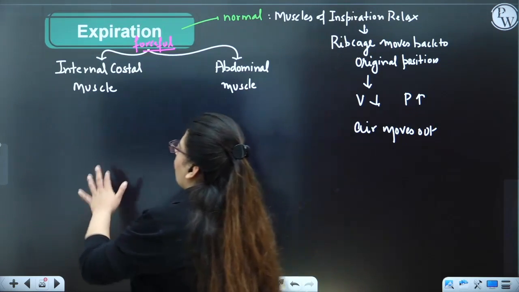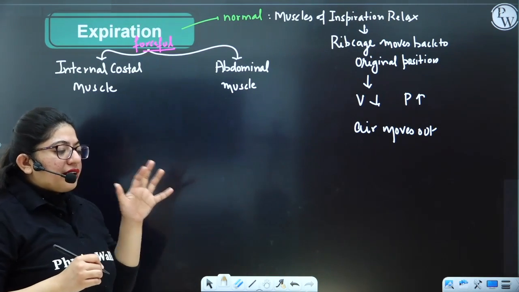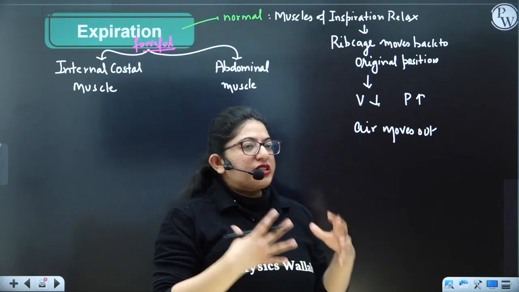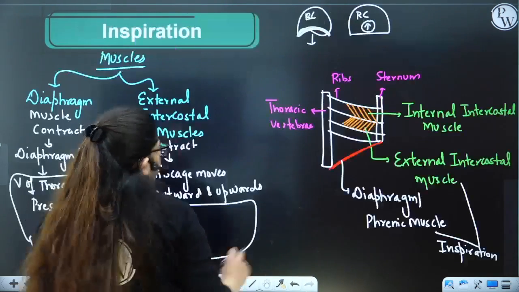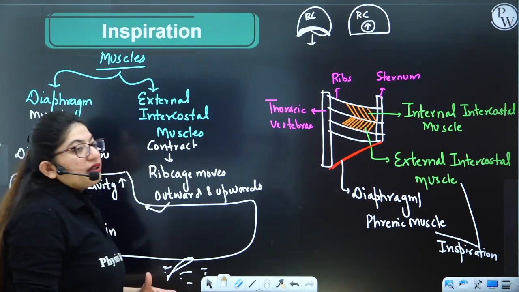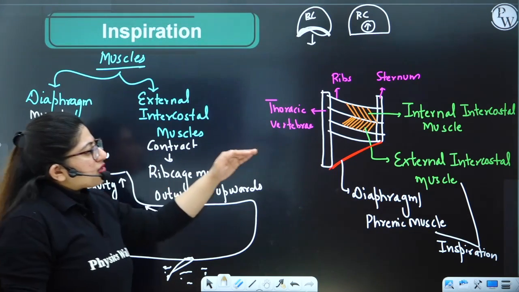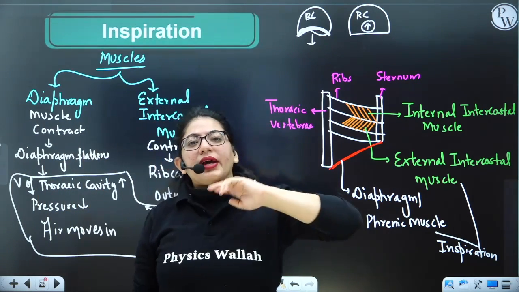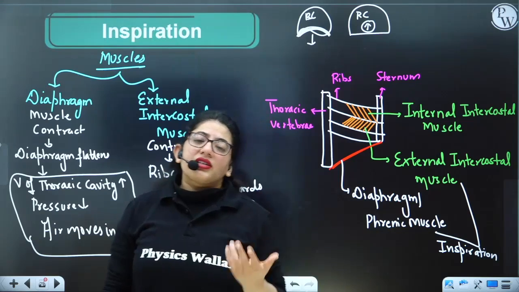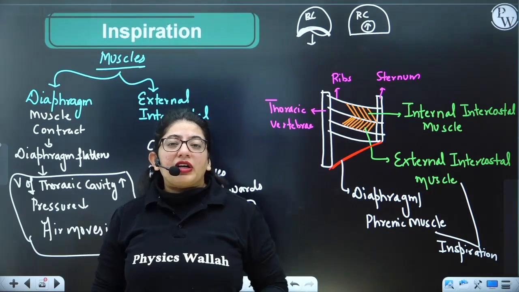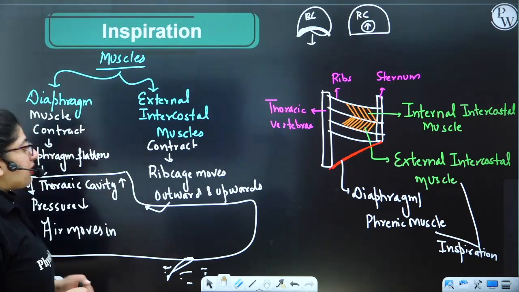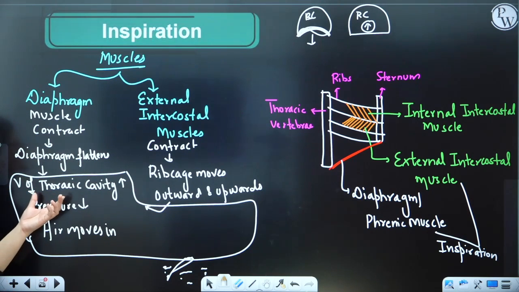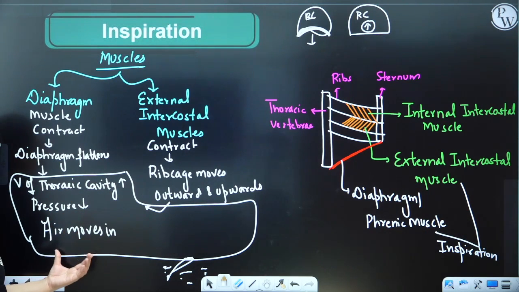All right. Now, what about these muscles? These muscles are involved whenever you are respiring forcefully. Now, where are the internal intercostal muscles? We have already seen this. It is present in between the ribs. Whenever these muscles contract, they will work opposite to the external intercostal. The external intercostal was moving your rib cage upward and outward. This will move it inward and downward. As a result, the opposite will take place. The volume will decrease, pressure will increase, air will move out.